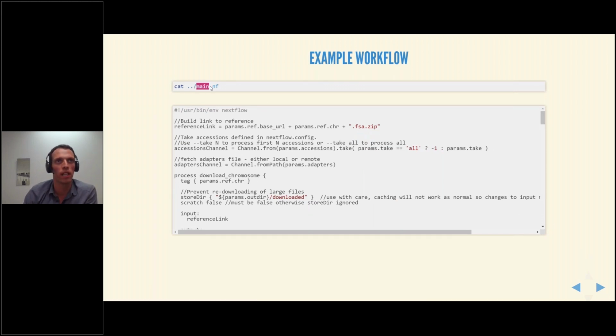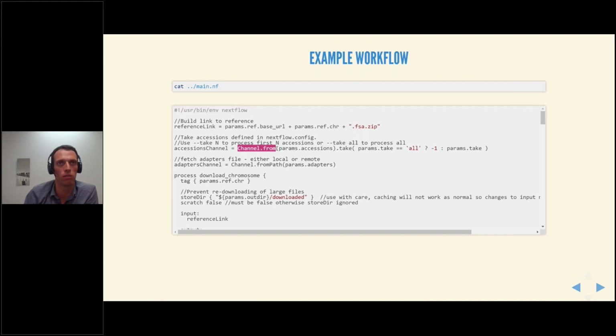So we've got our main Nextflow script. As before, we have the Nextflow shebang line, which is optional, as I mentioned. There are a few steps with comments on making the thing run and initiate, where to get the data from, and so on.